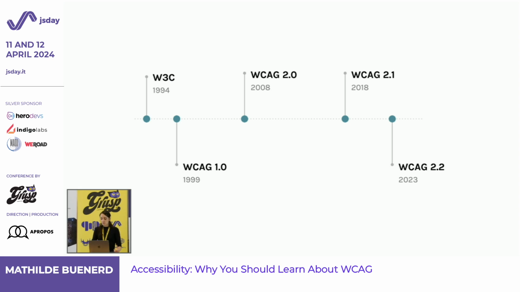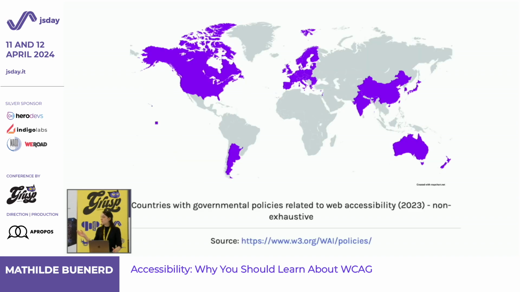So this is really something that's meant to stay. And also because this is something that has so much legitimacy, it has become a go-to reference for lawmakers. So in this image, you can see countries that have governmental policies related to web accessibility in 2023. It's not exhaustive, but you can see Canada, the US, Argentina, China, India, Australia, New Zealand, and all of European